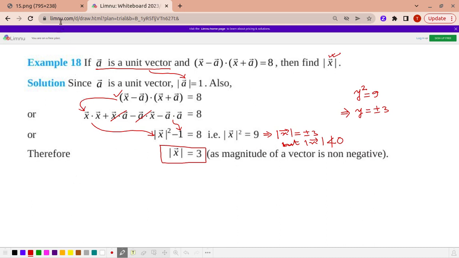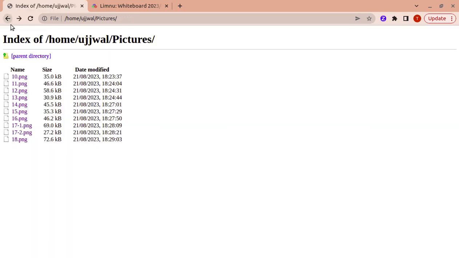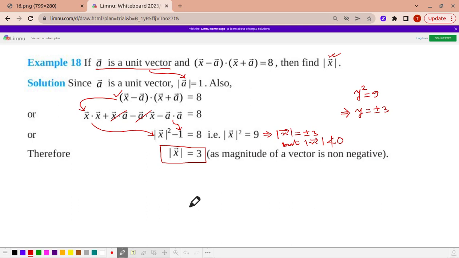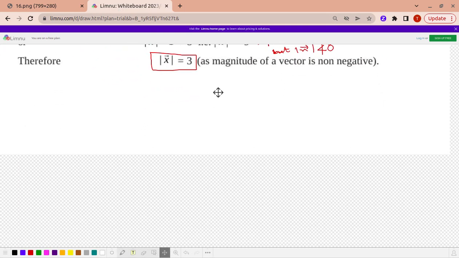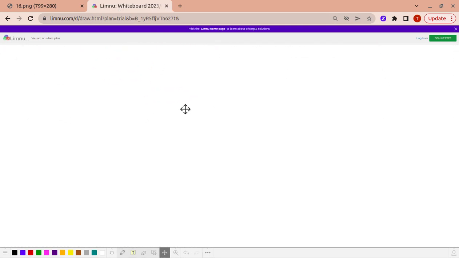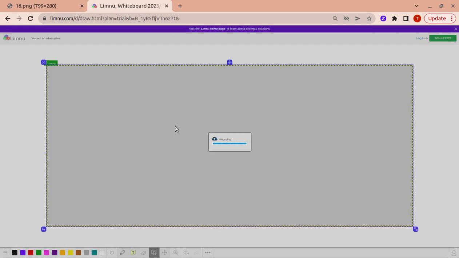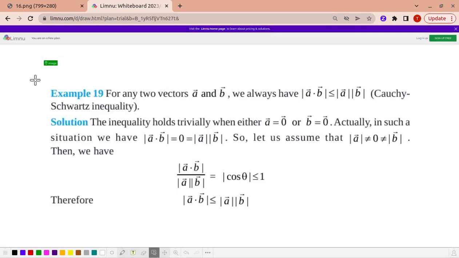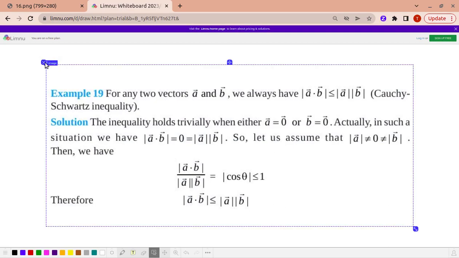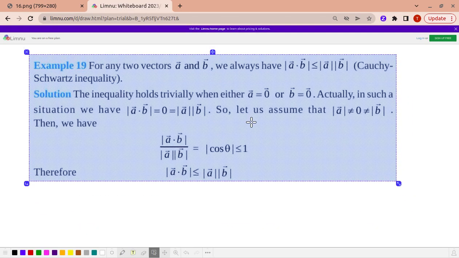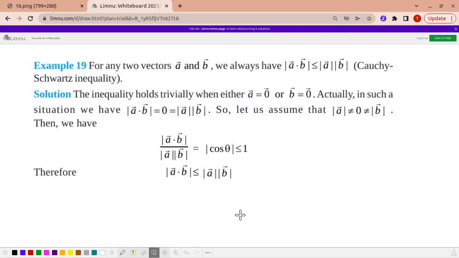Okay, now let me proceed to the next question, and the next question I am going to place in front of you. So dear students, here is the next question. The question here is that for two vectors A and B, we always have